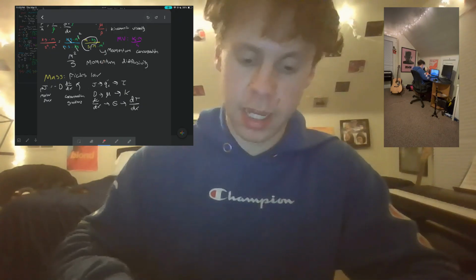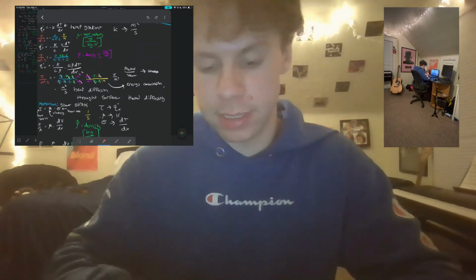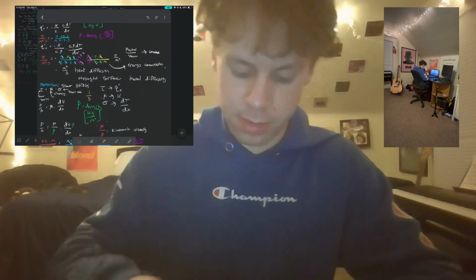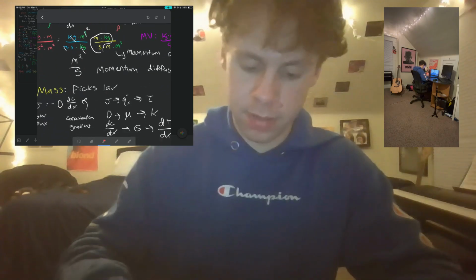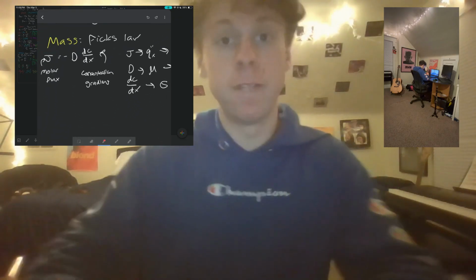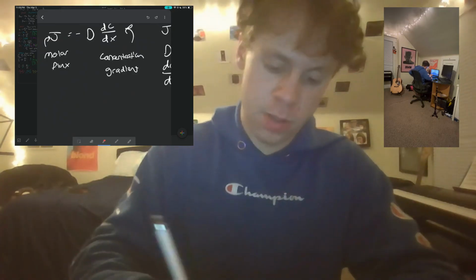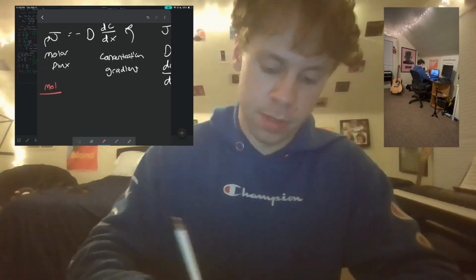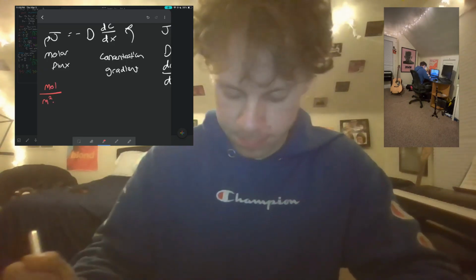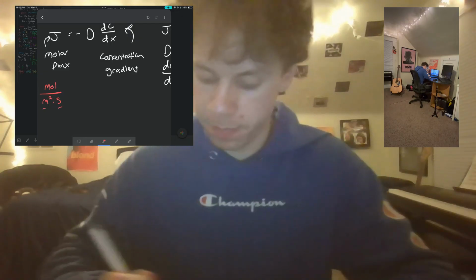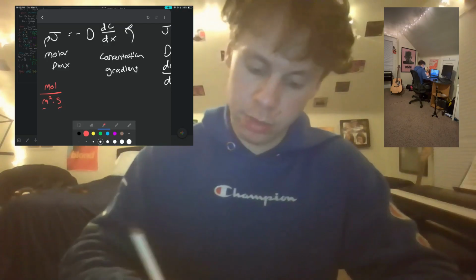So just like our heat flux is in terms of joules over meters squared seconds, we find the physical property for the mass flux is moles over meter squared seconds, flow through the surface over time, and that is equal to